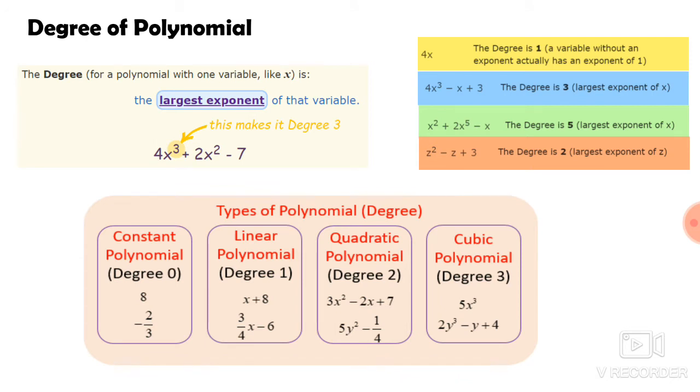Now, types of polynomials according to their degrees. If the degree of the polynomial is 0, then it is called a constant polynomial. These are polynomials where we have just a constant without a variable. If we do not have a variable, it means we have a variable there with exponent equal to 0. So it is called a constant polynomial. When the degree of the polynomial is 1, it is a linear polynomial. Degree 2, a quadratic polynomial. Degree 3, a cubic polynomial. If we have degree 4, then it is a fourth degree polynomial.